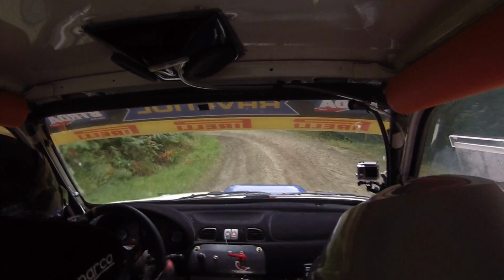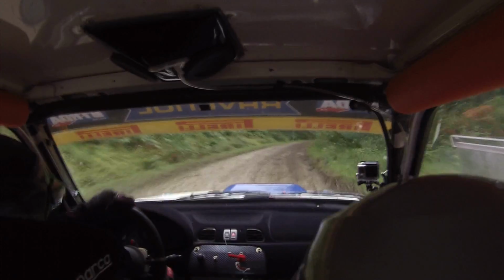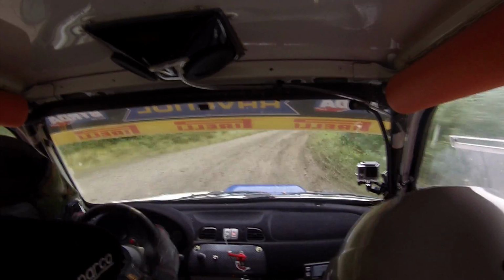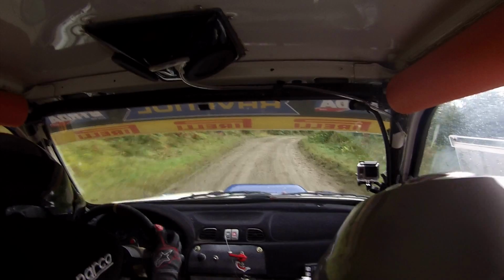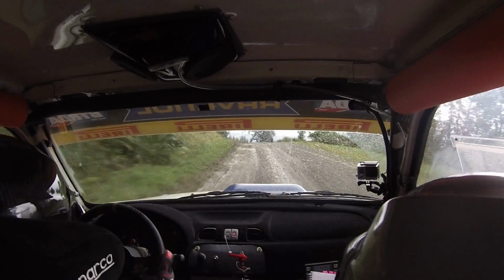And 4 right, and 4 left, short in. Into 4 right, half long, 60, 4 right, 60, flat left over crest, jump, slippy, 100, 3 left, very long, tightens late,